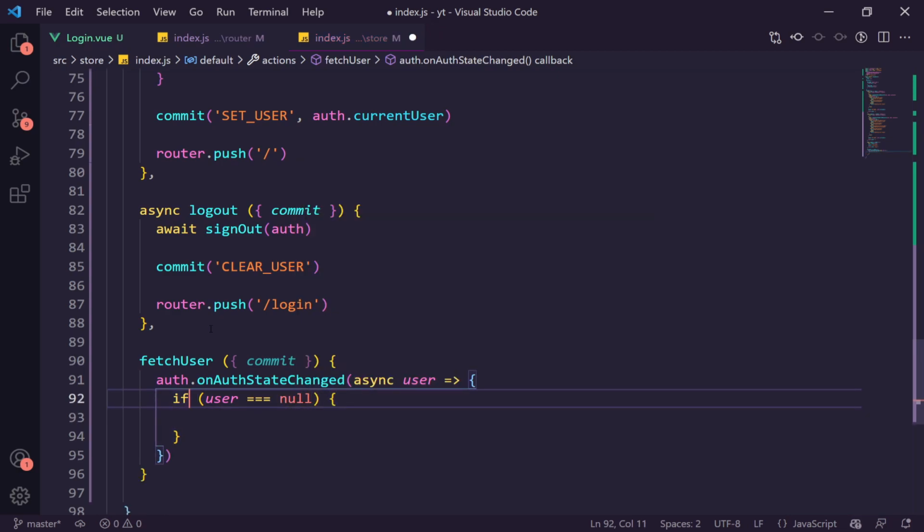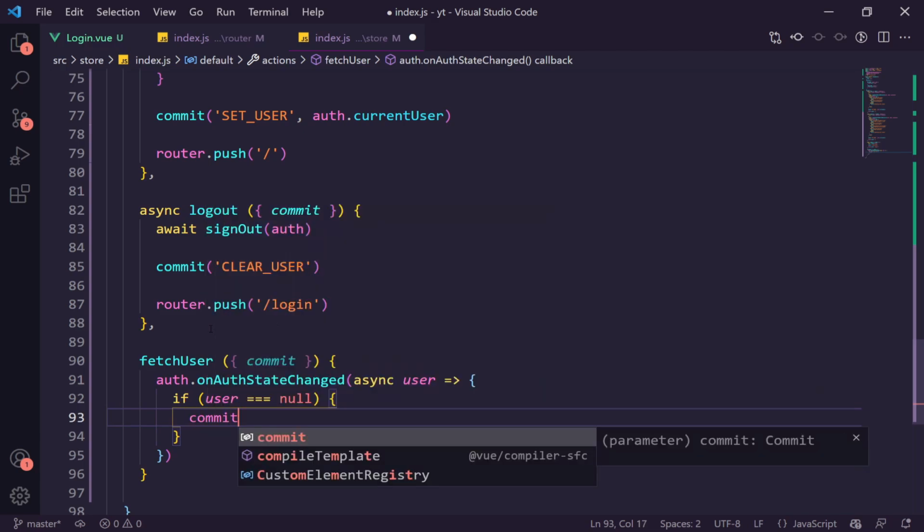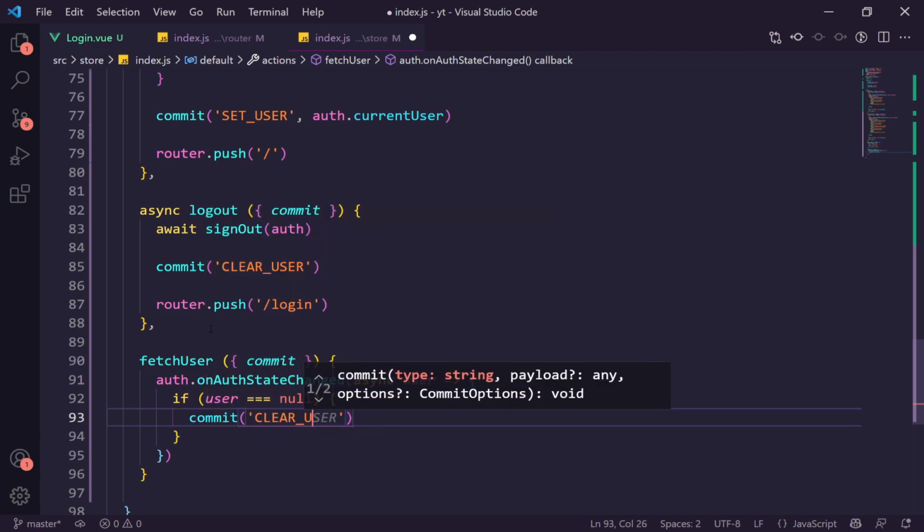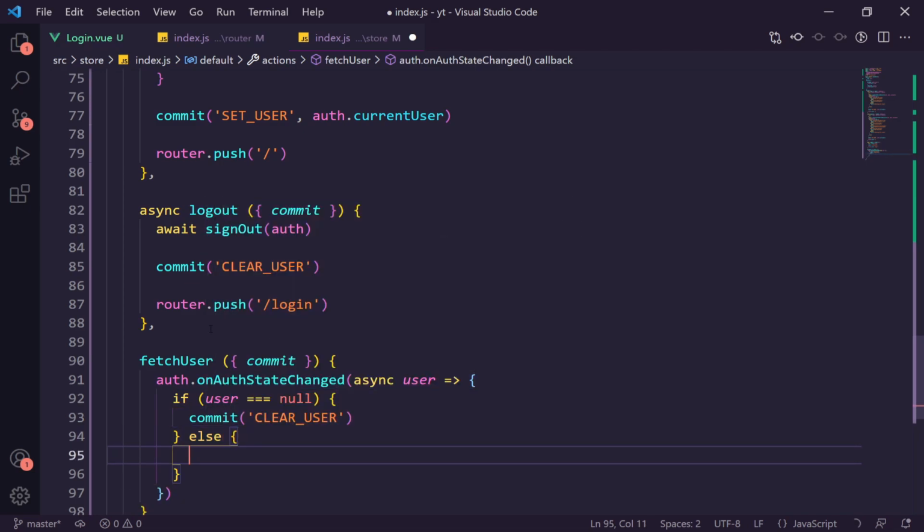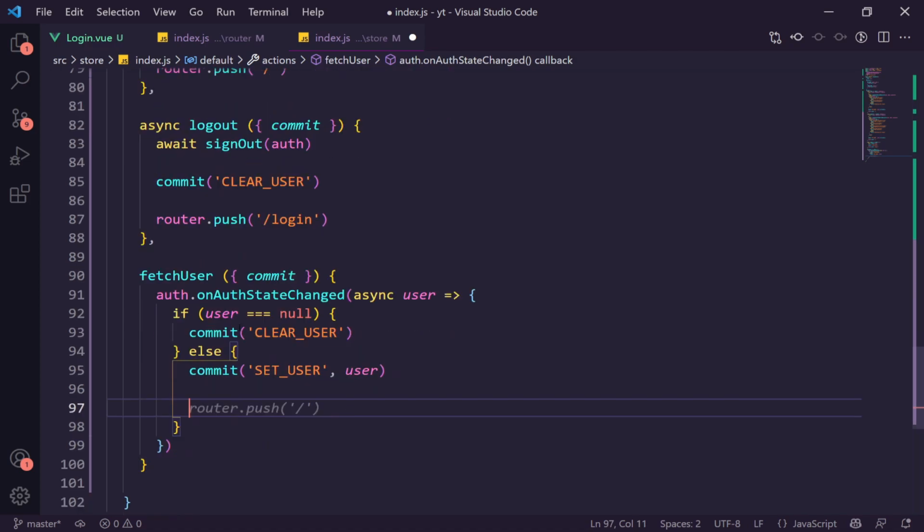If it's equal to null, we're going to commit our user, and we're going to clear user, which basically means we're going to log out our user. We're then going to say else, we're going to commit set user to the user. And finally, we're going to say if